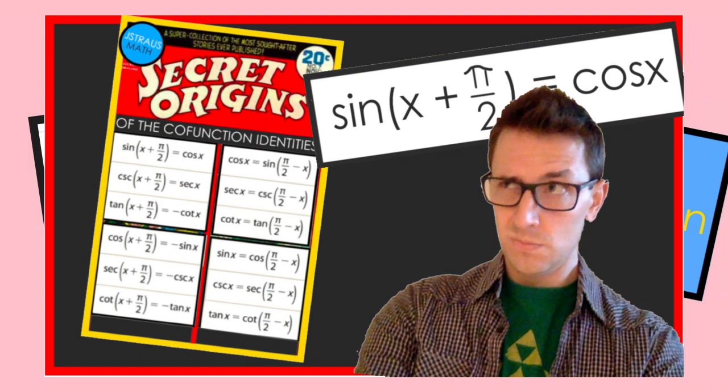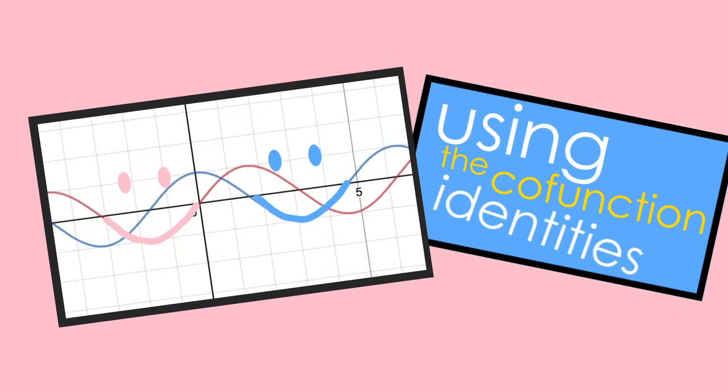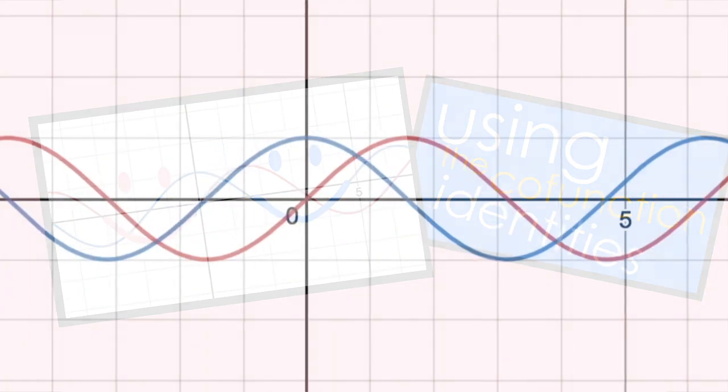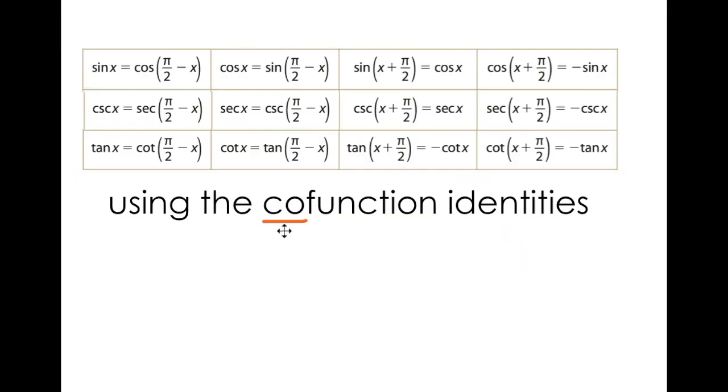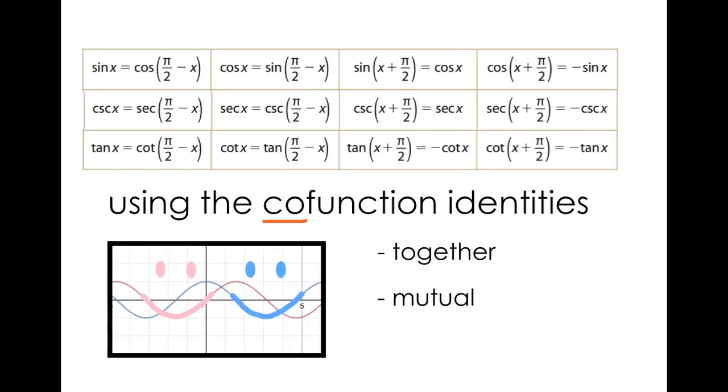If you watched the last video I did on cofunction identities, you'll know that you can explain all 12 of these identities using the relationship between the graphs of the sine and cosine functions. That probably explains why they're called cofunction identities, co meaning together or mutual. In this video, I'm going to show you how to use the cofunction identities to solve some pretty complex problems